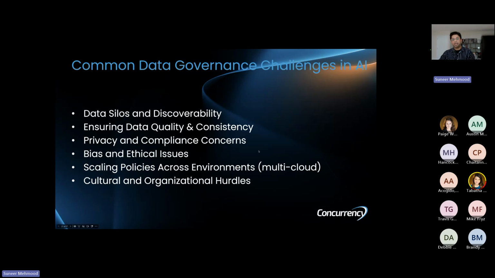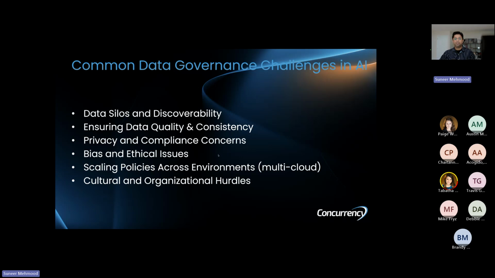Ensuring data quality and consistency, we already covered that. You want to make sure that your data is pristine for its final usage, be it historical reporting, analytics, or predictive and AI model research. Then privacy and compliance concerns, not just for adhering to compliance, but also for gaining trust.